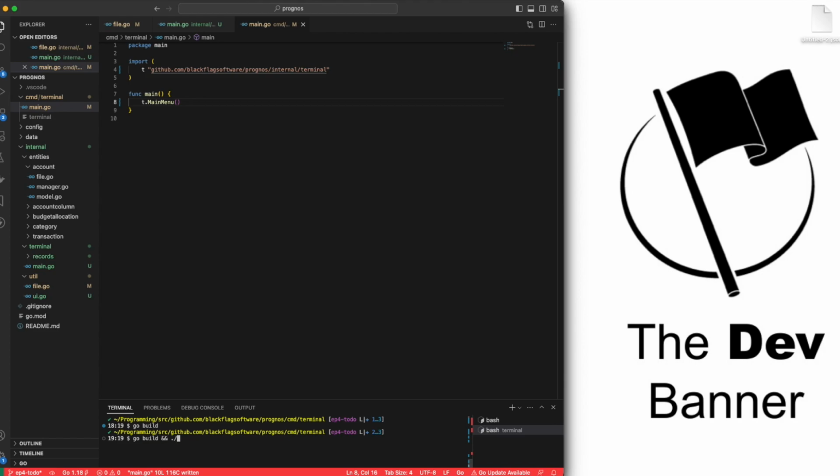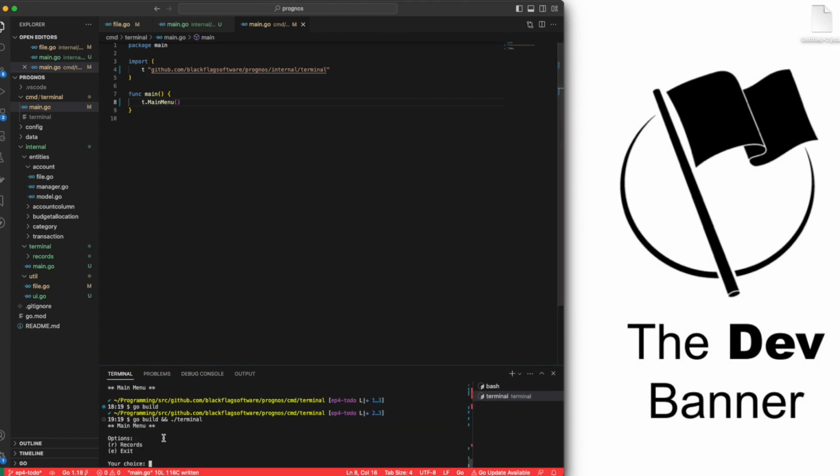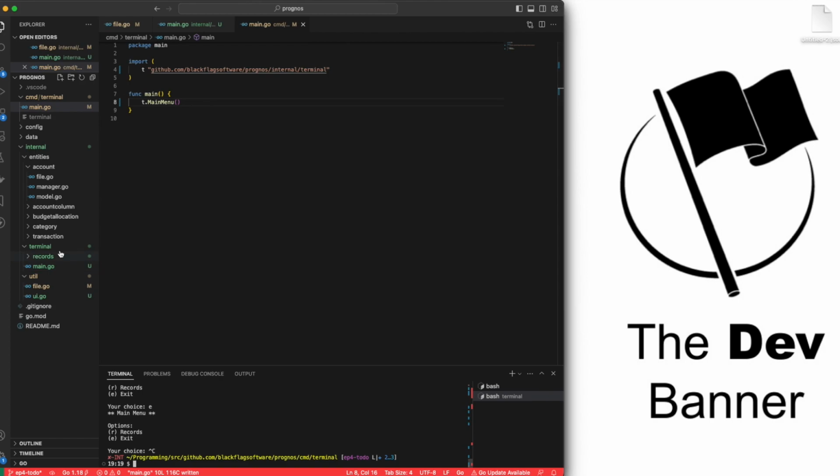And I'll do my terminal. And let's see what we got here. We have main menu, we got our options, records, and R. So I'm going to try exit just to see what it does. And it doesn't look like it's working correctly. Okay, so